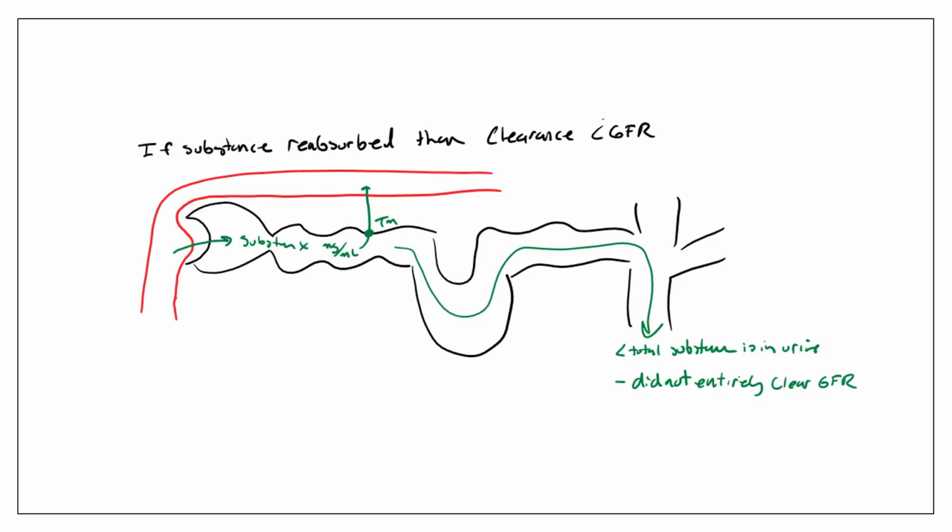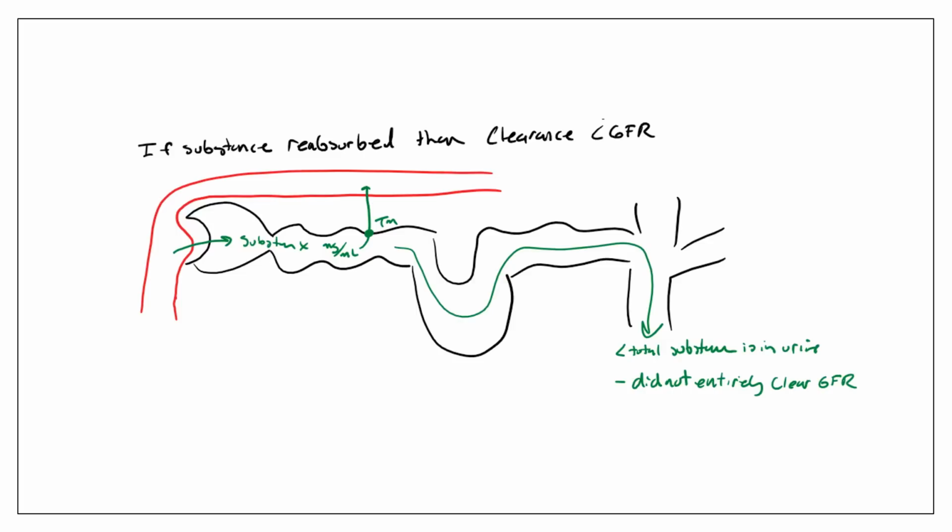And finally, if I have a substance that's reabsorbed, I don't give you a specific one right here because we don't have a particular molecule that we use for this particular situation in terms of figuring out a particular volume of our kidney. What I mean is that we have inulin and creatinine, which can help us calculate a GFR, and we have PAH, which can help us calculate the total renal plasma flow, and it's based on the